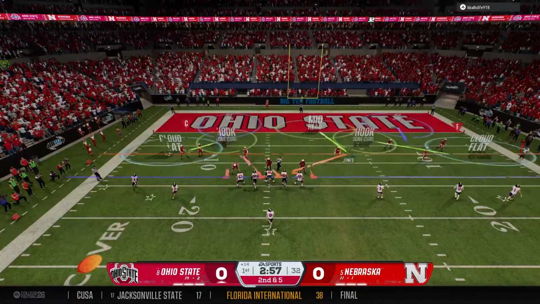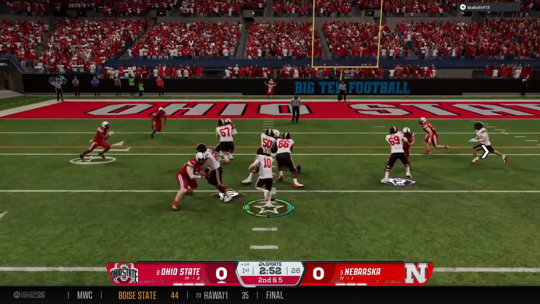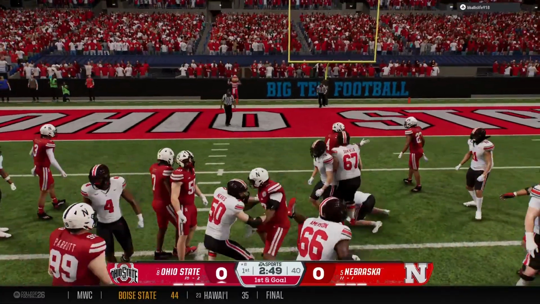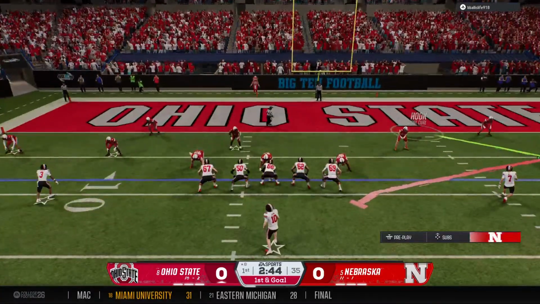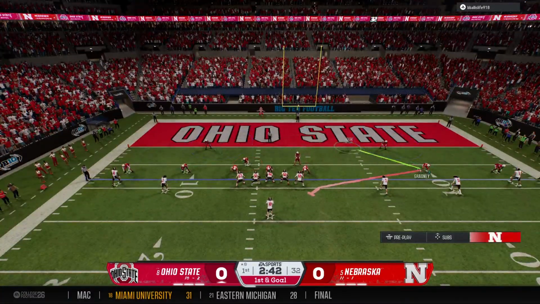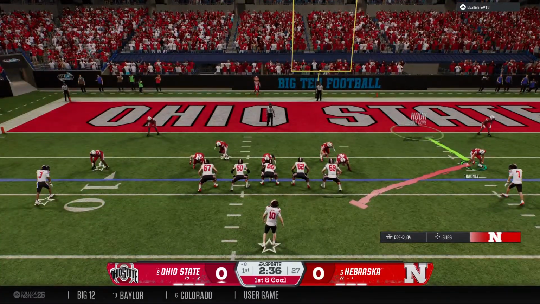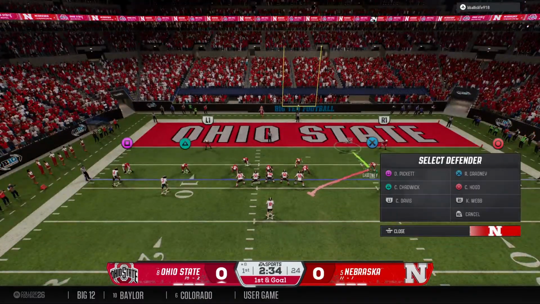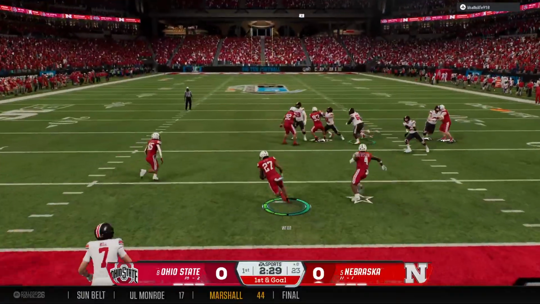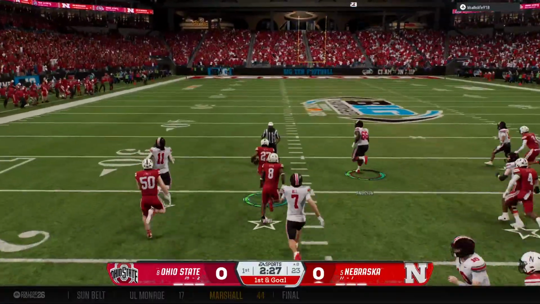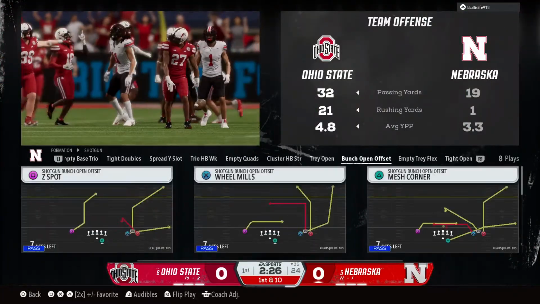Here comes a crucial 2nd down play. Every yard tough to find down here in the red zone. He keeps it on a design run. They stop him, but it's a 1st down. The Buckeyes come to the line to run the hurry up. To the air, it's Sand. And it's intercepted right near the goal line. They finally tackle him, but an excellent return after the pick.